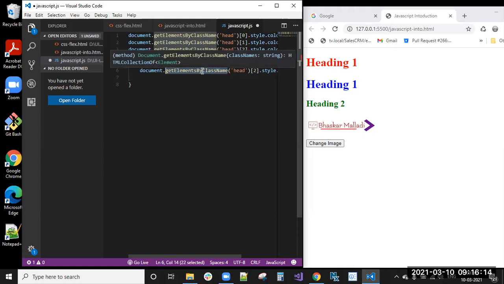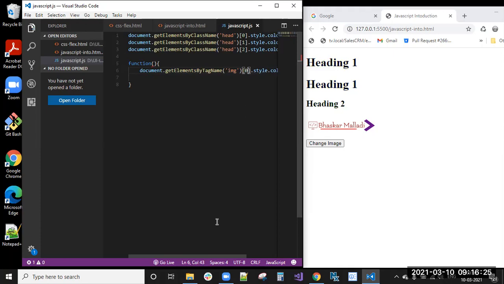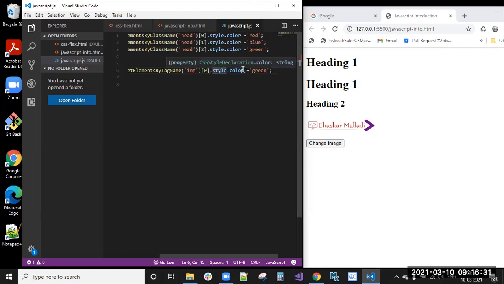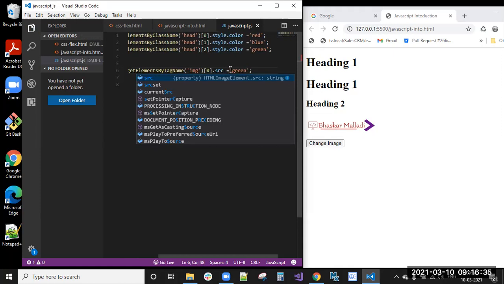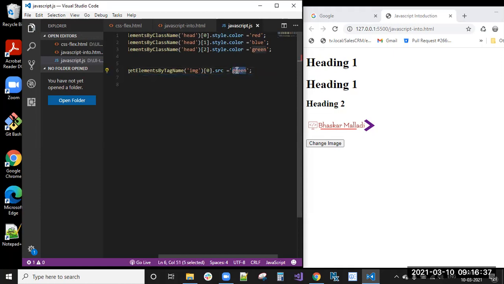Instead of the class name we can take the tag name. Tag name image, I'm taking image, and images also. Image color we can't change, right? Instead of that we'll change the src. Instead of this CSS introduction, I think.